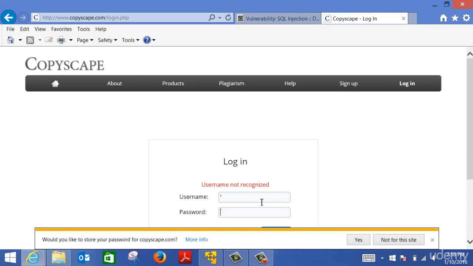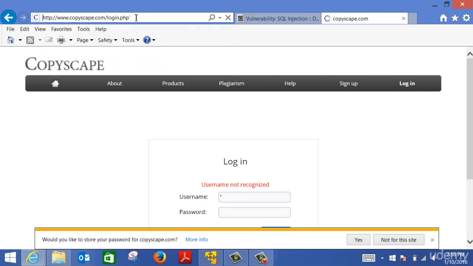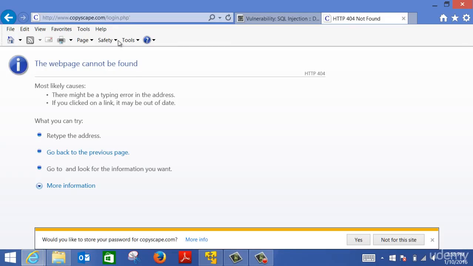Now the second question is, this can only be tested on sites that have a login page. What if I have a site that doesn't have a login page? Can I still test the SQL injection? Yes, you can. You can do that from different URLs by writing the URL here and SQL syntax in the URL. And if you keep doing that, if you get an SQL error, that means that this site is infected